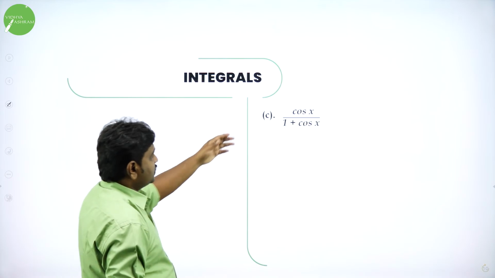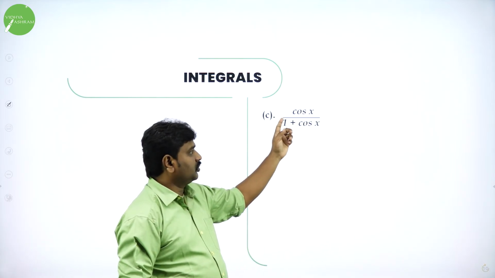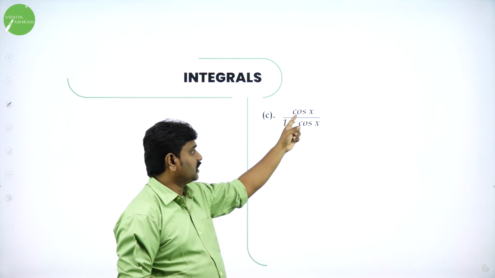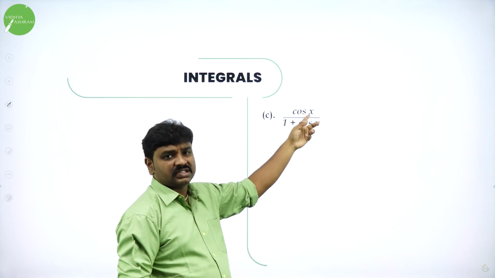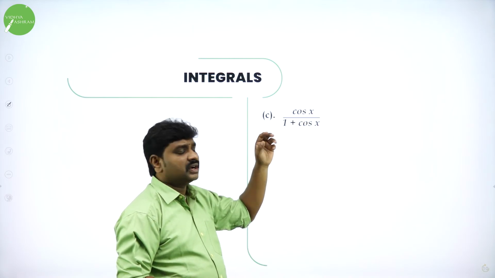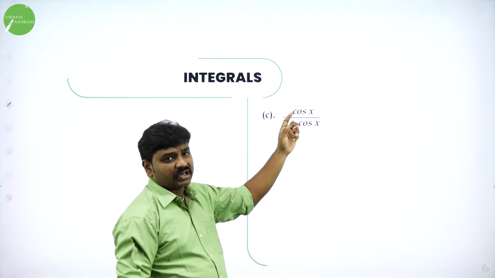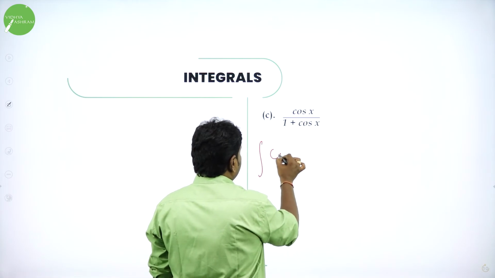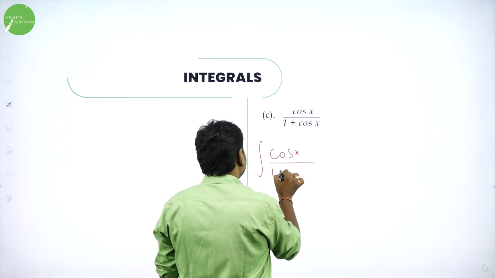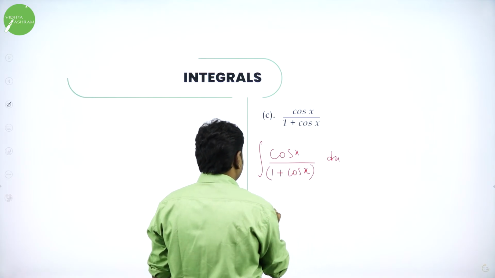Next we have cos x by 1 plus cos x. Rationalize this. So you have two methods. One, I can write cos x as cos square x by 2 minus sin square x by 2. The other one is rationalize. Divide and multiply by 1 minus cos x. Denominator becomes sin square x. Numerator becomes cos square x. Further simplify. So now, as usual, cos x divided by what is given? 1 plus cos x. Use brackets for this. So now I'll rationalize.